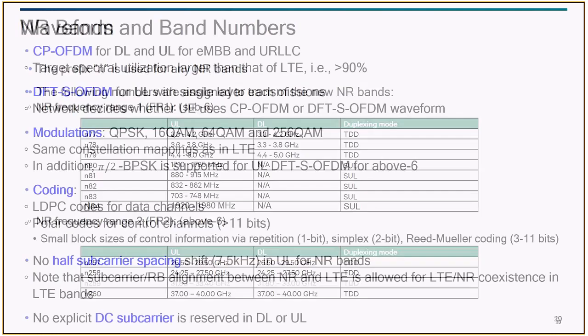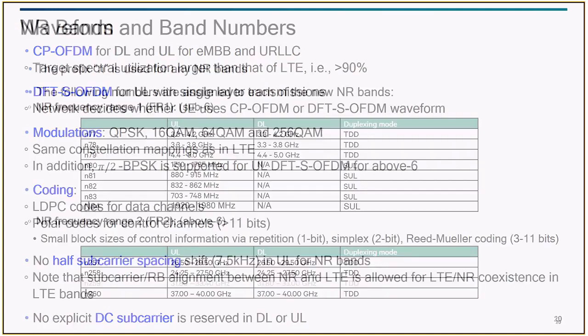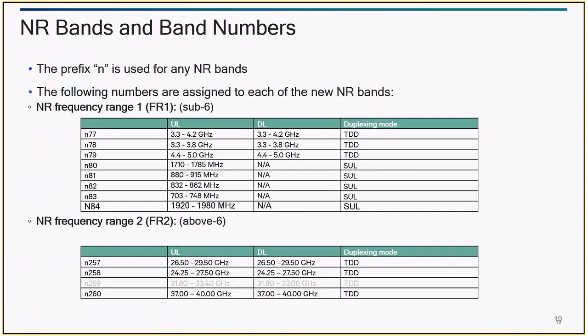Mayur, what is that SUL? Okay, so SUL is a new concept that is introduced in NR. For example, we had band 29 in LTE, which was a supplemental downlink only band. Now this is a supplemental uplink only band. So you would not have any downlink capability in this particular band. You might be in an LTE cell and then this NR band is added, then you can do only uplink over here and no downlink.